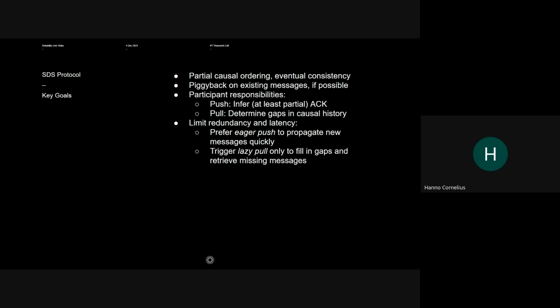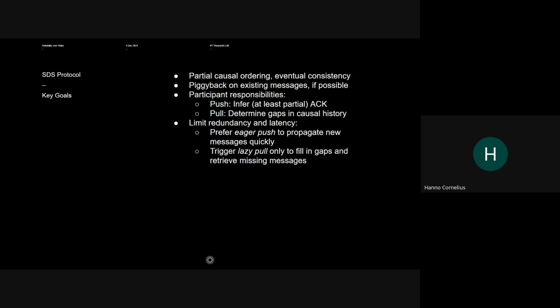We also want to be a little modest, I think, at least in the beginning, in the level of certainty that we need to build into this protocol. Maybe, for example, for a publisher, instead of needing to know that everyone in the group has certainly received a message, maybe it's okay to just infer that your published message has been received by a subset that's large enough for there to be a relatively high probability for everyone else to be able to receive the message at some point.